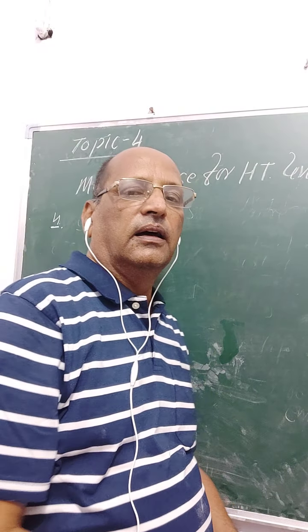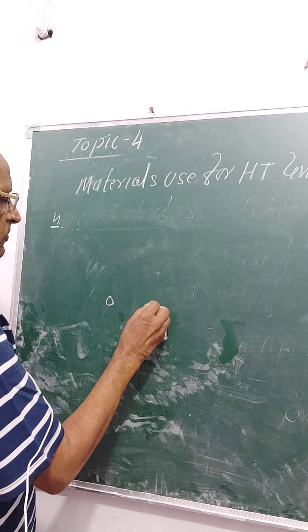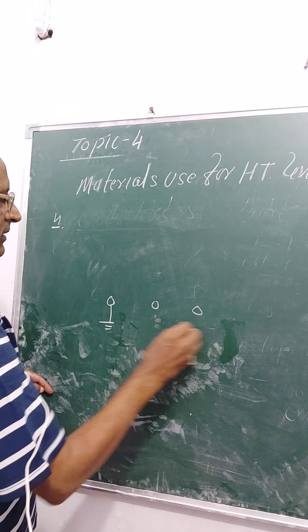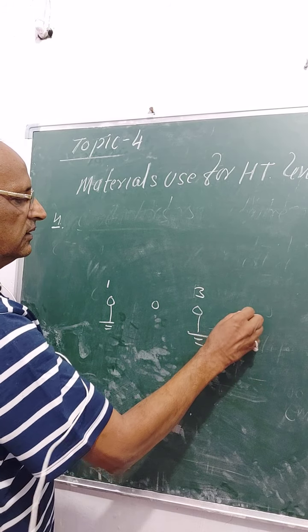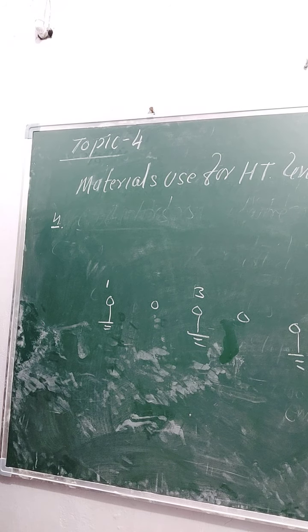Similarly, earthing is used. That is a pipe earthing used for each pole. Each pole we have one pipe earthing, and they are provided on alternate poles, one pole after another. Suppose the line is this, so first pole earthing is provided, then we skip the second and provide earthing on the third, like this. So 1, 3, 5, these are the earthing provided on the alternate poles.